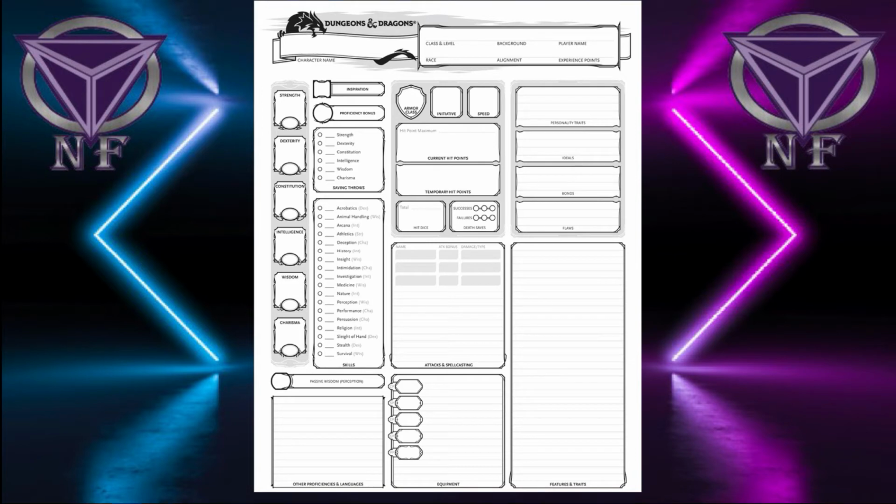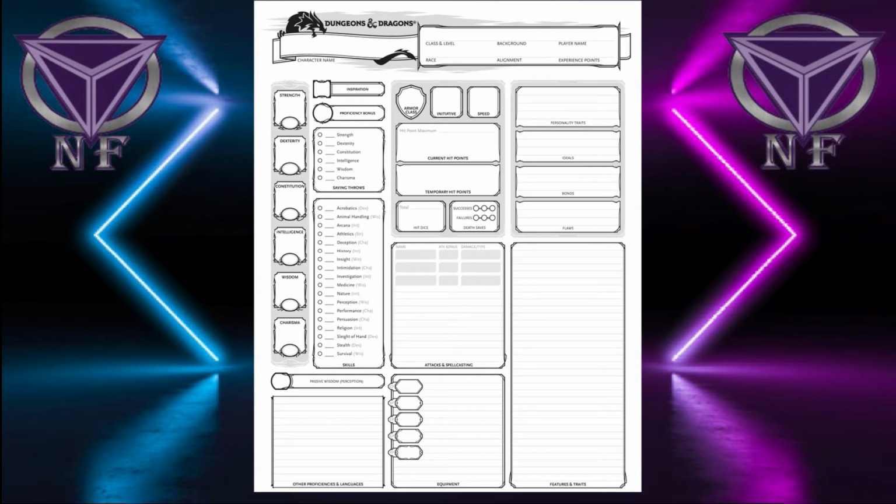So if you're preparing a campsite, you might want to use your survival. If you're sneaking around the city because this is hostile territory, you're going to be using stealth. If you're checking out a treasure chest that you found, you'd be rolling investigation. If you walk into an unknown room, you might be rolling perception. If you're trying to haggle down the merchant for a piece of bread, you're going to be using persuasion. So these skills are the bread and butter and the lifeblood of not only the game, but also your character